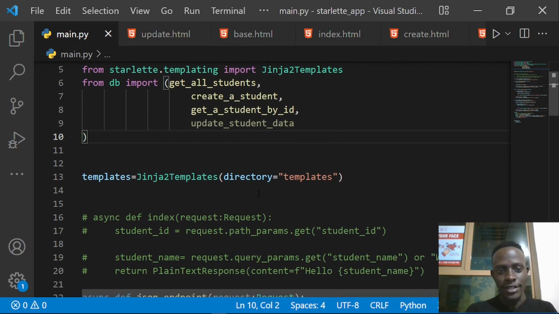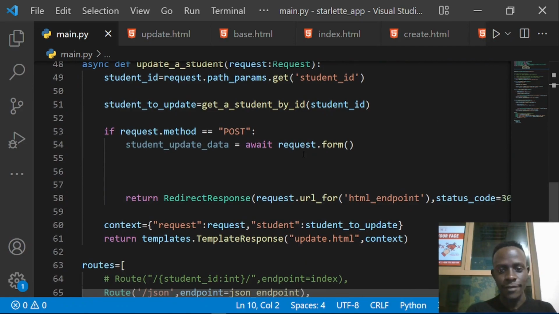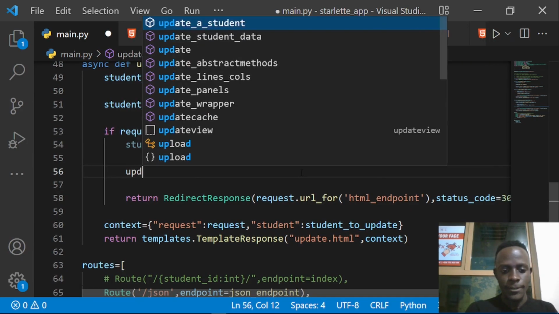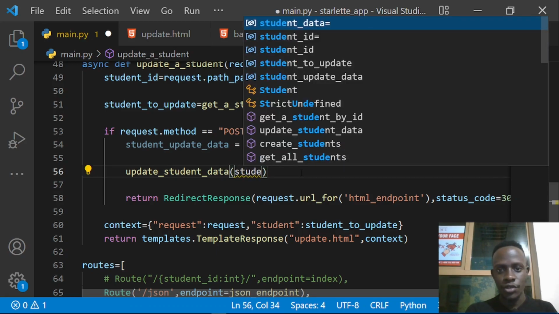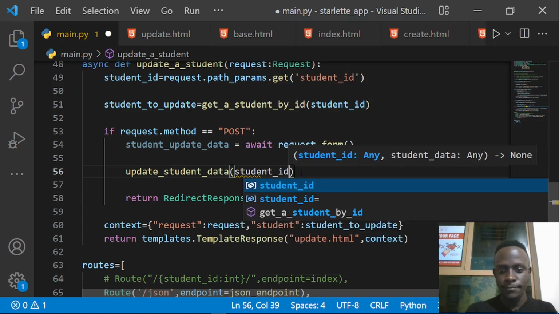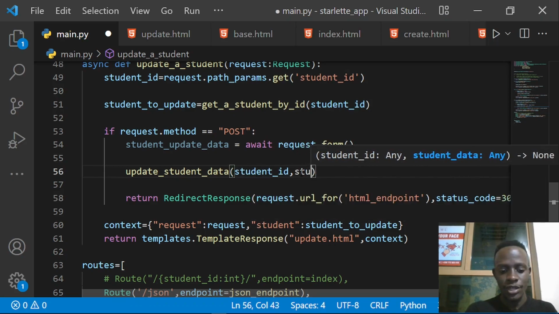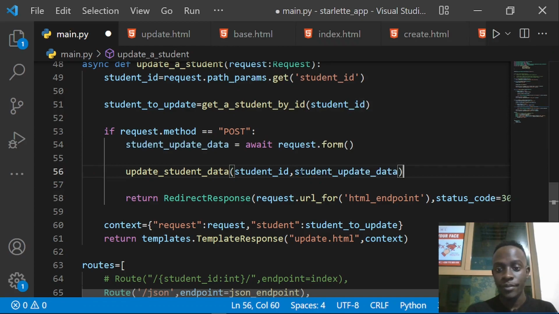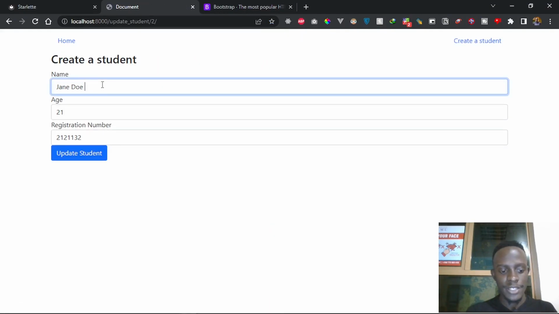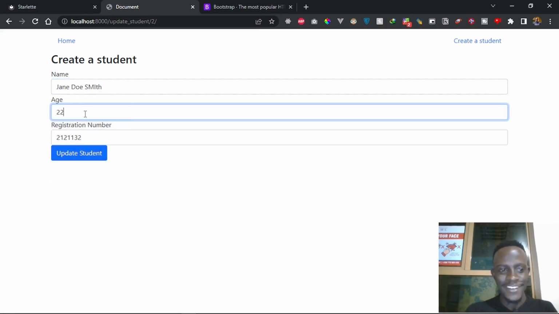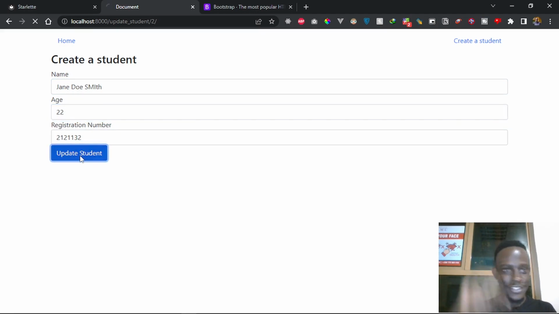So after doing that, I'm going to come down where we have update student data. I'm just going to state that we're going to update student data, and then I'll provide our student ID. So our student ID in this case is going to be our student ID. So provide that, and then I'll provide our student data as our student update data. So let's try updating our data in this case. So when you head over here, I'm going to go and update this. So let's say we're updating this to Will Smith. So I'm going to create the age as 22, and when you try to